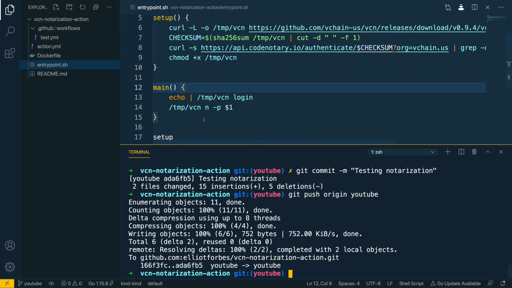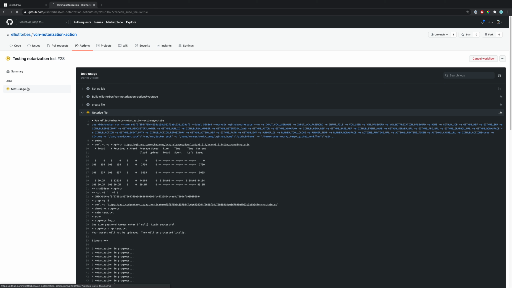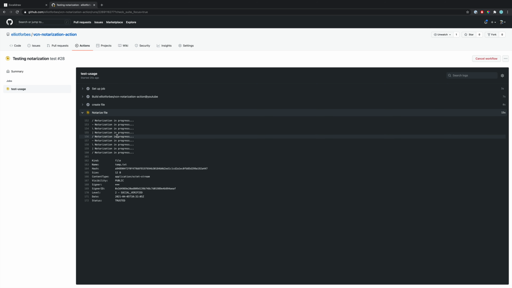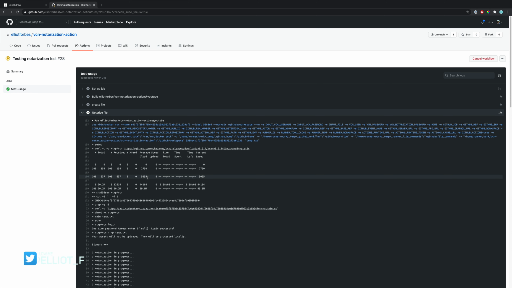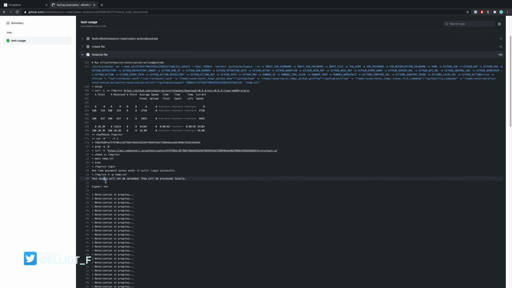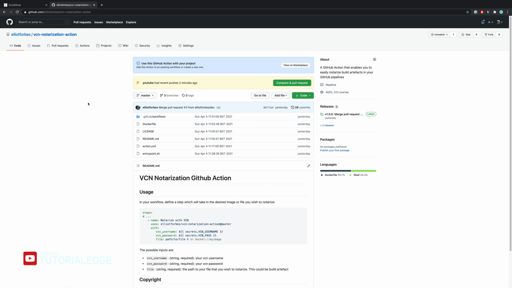And then let's navigate into our GitHub action. So actions, test usage, you can see that it's starting to run through it. And you can see that it's successfully connecting to the VCN CodeNotary service and notarizing our temp.txt file, which we passed in as an argument. Perfect. So we now have a fully working and tested GitHub action, and we can now publish that